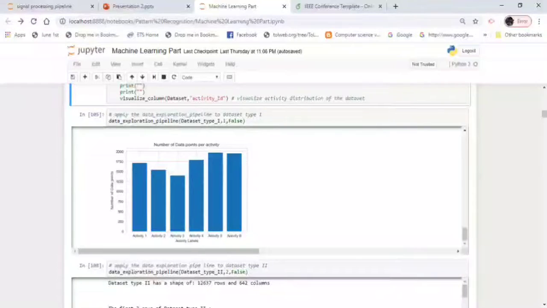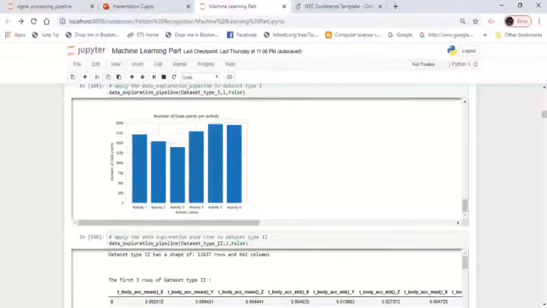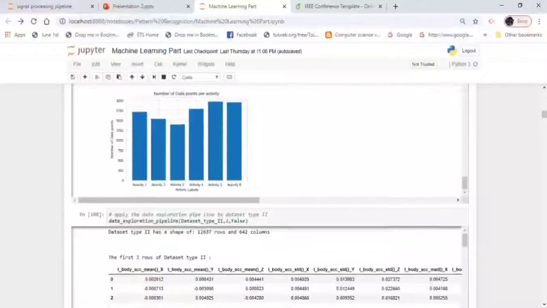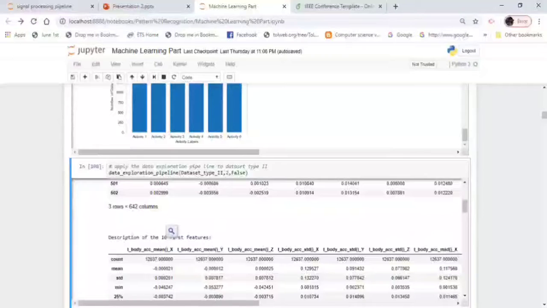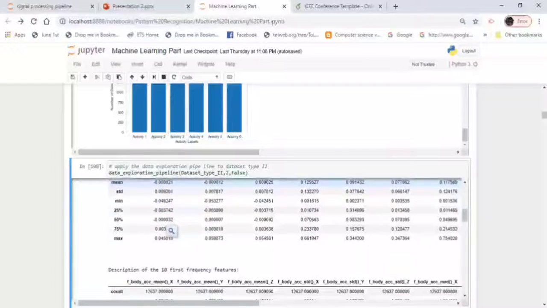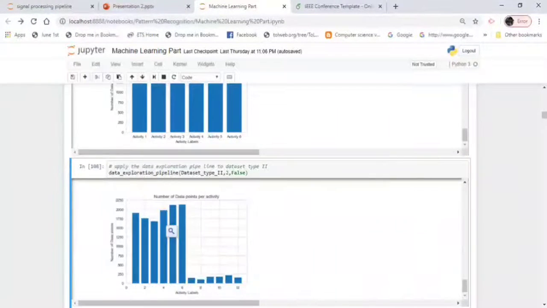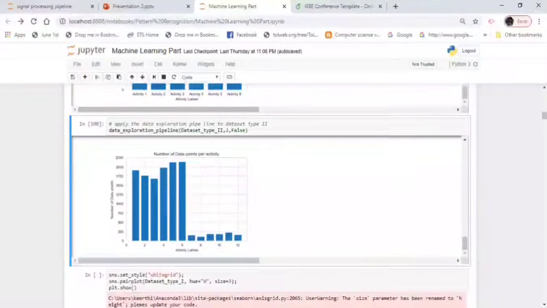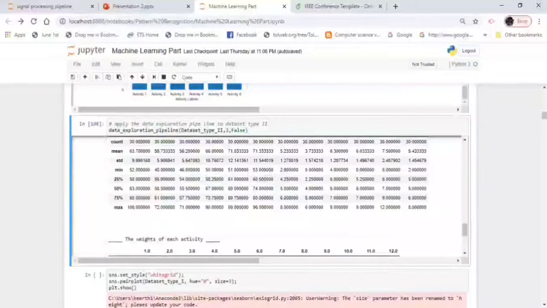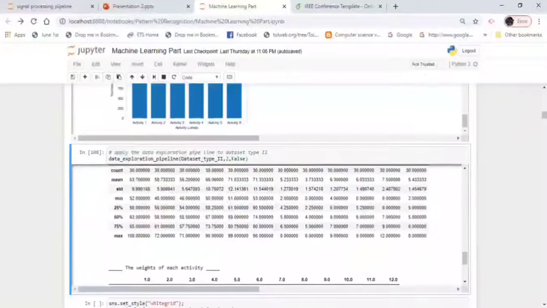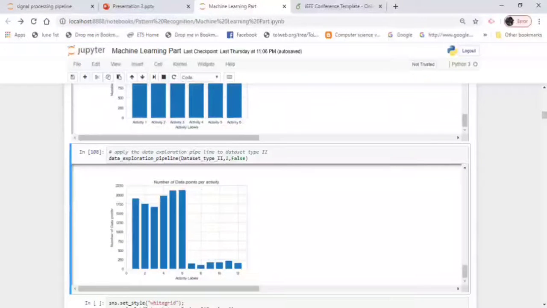This type of balanced nature of the data is required for a machine learning model. When I did the data analysis for dataset type 2, you can see this bar graph. The first 6 bars are repeated from the previous one, and this time if you see the activity IDs 7, 8, 9, 10, 11, 12, we can see some inconsistency in the data.